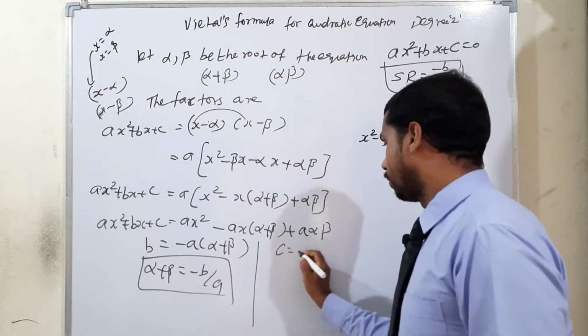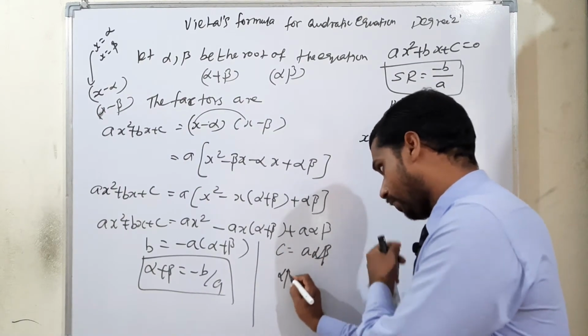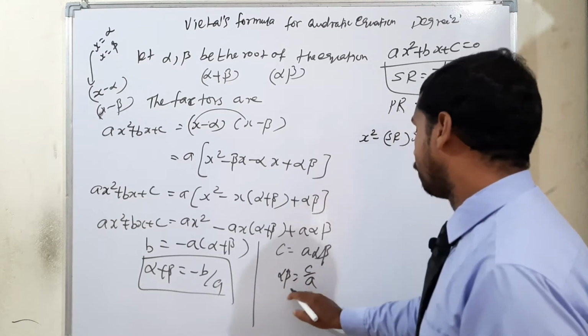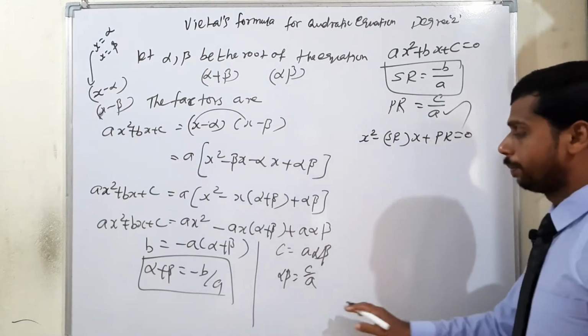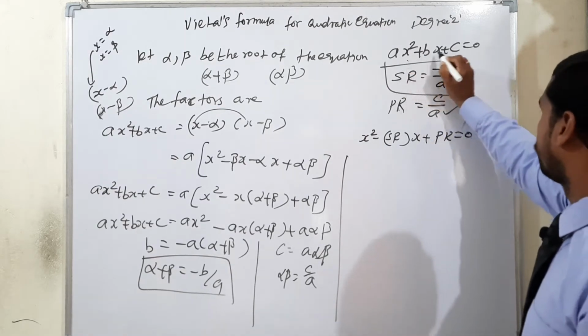Therefore c is equal to a alpha beta. Therefore alpha beta is equal to c by a. See, product of the roots means c by a. So I proved. Okay. Moving to the continuation of given ax square plus bx plus c